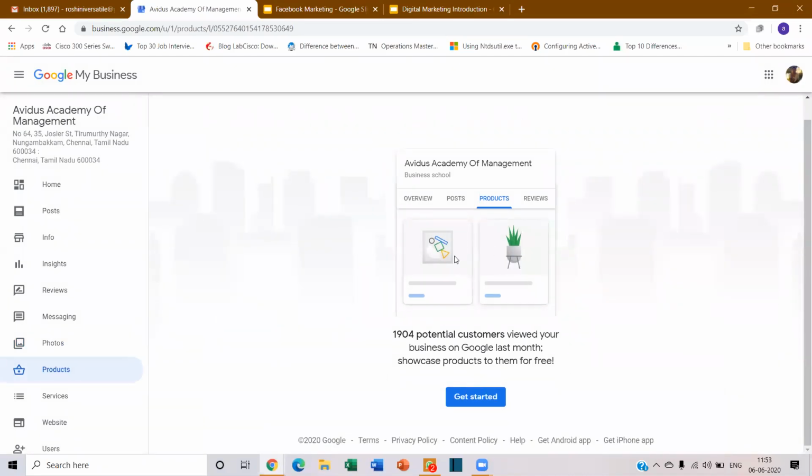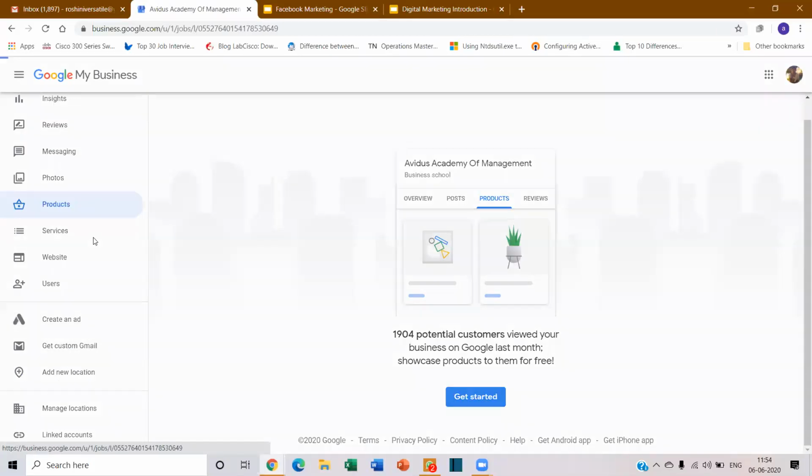And this is an e-commerce option. You can even sell products in Google. This was recently added. You see here, it is showing how many people are potential customers, and it's absolutely free. There's no charge for it. You can add a payment gateway, and people can buy products using Google. Google has this feature, which was recently launched.